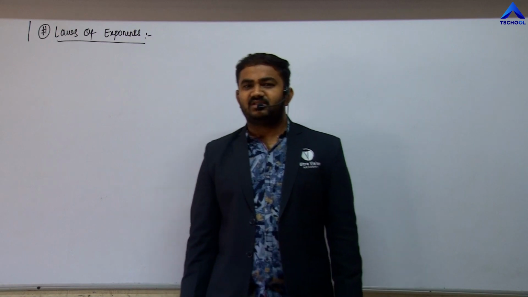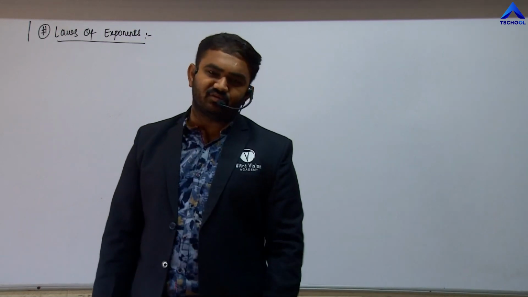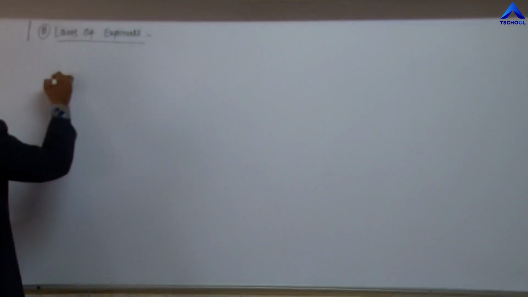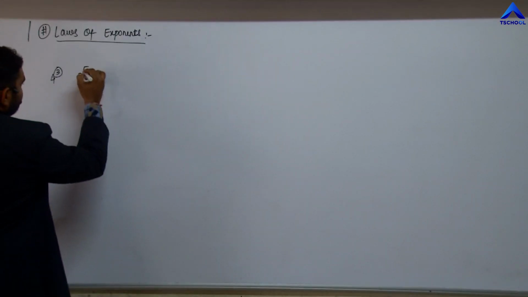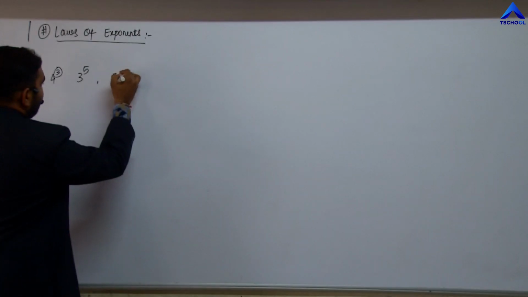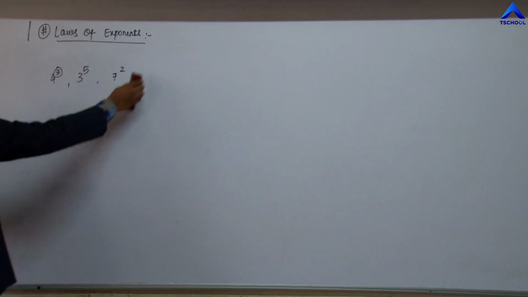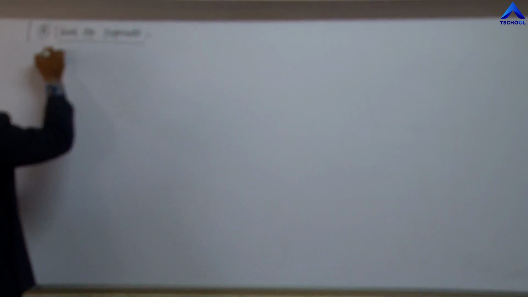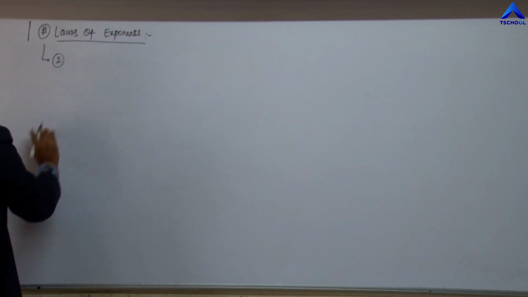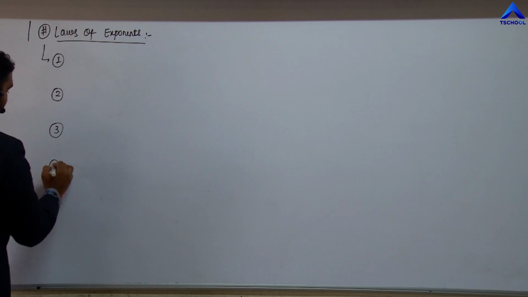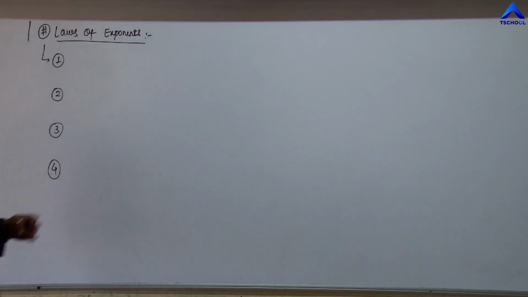Exponents are the numbers that are written in the form of raised to. Right? Those are known as exponents. Suppose if I write 4 cube or 4 raised to 3, that means this 3 is my exponent here. If I write 3 raised to 5, this 5 is my exponent here. If I write 7 raised to 2, this is my exponent 2 here, right? That means these are all the exponents here that are to be understood, and there are some 3 or 4 basic laws of exponent that we need to understand, and then we need to use them in the examples, because this will be helpful.